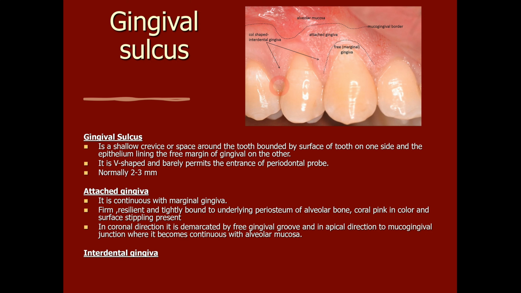You can see cone shape, or you can say pyramid shape, inverted pyramid shape. This is called an interdental gingiva, which is present between two teeth. So this is interdental gingiva, which basically occupies the gingival embrasure, this triangular shape. If this interdental gingiva is removed, we can appreciate a triangular space which is present, and this is pathologically present